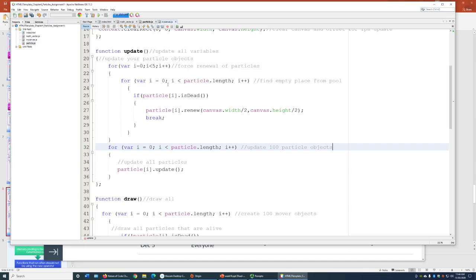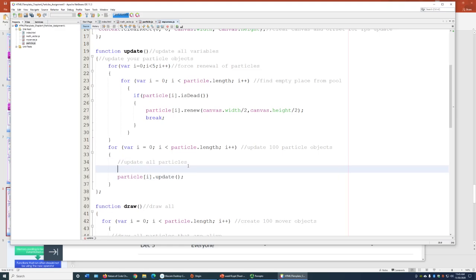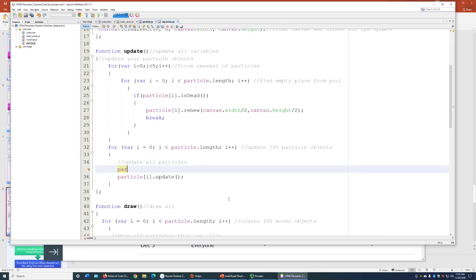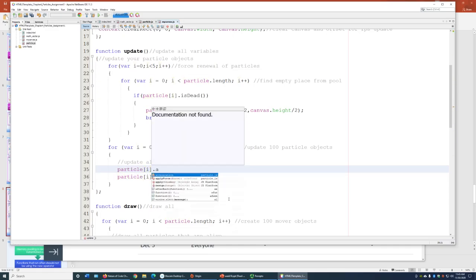We could do it here for the update. We can go into the particle. We can send the force through the update function. We can apply the force to the particle before the update, which I think would probably be best, since the particle has an apply force, doesn't it? Yeah, the particle has an apply force. So we could just, before the update, say particle of I dot apply force